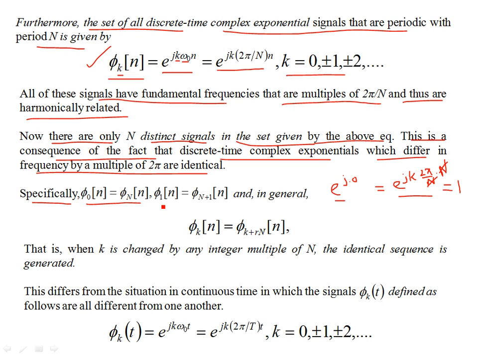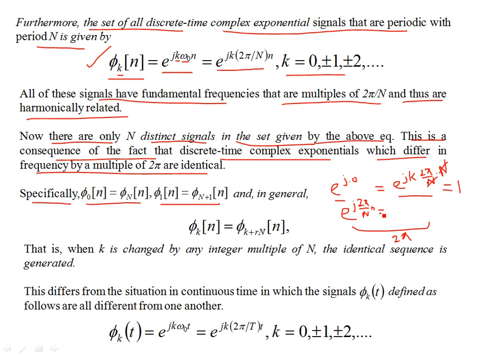These two quantities are equal. Similarly, the harmonic index k equal to 1 is the same as the harmonic index capital N plus 1. Because again the difference in frequency comes over here, in both cases the difference in frequencies will be 2 pi. So that means in this range there are only N distinct signals, because after 2 pi the sequences become identical. So for example, if you have k equal to 0, this is k equal to N, and then for k equal to 1, this expression will be of the form e to the j 2 pi by capital N times small n,